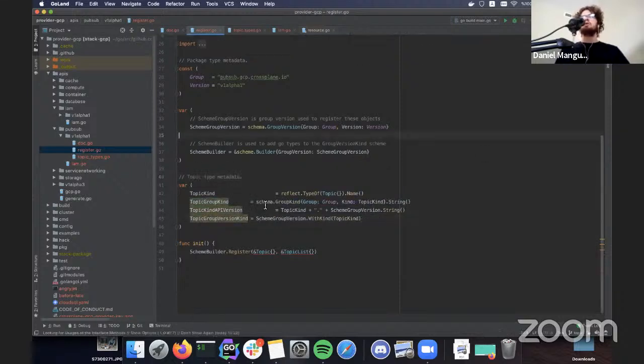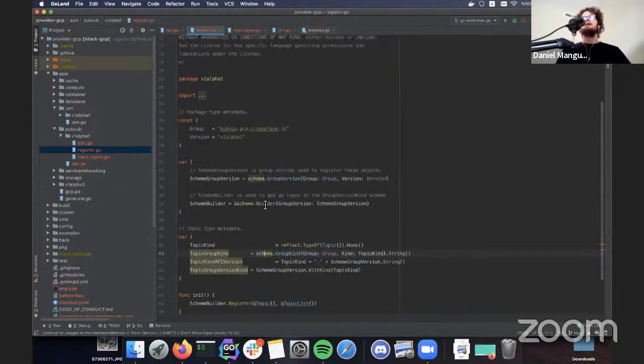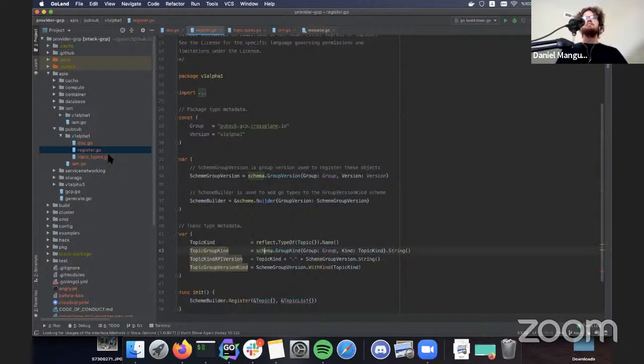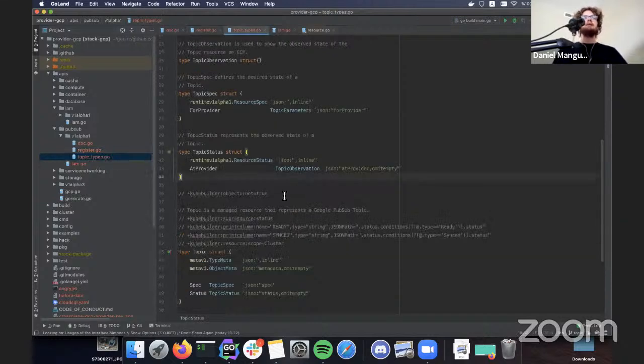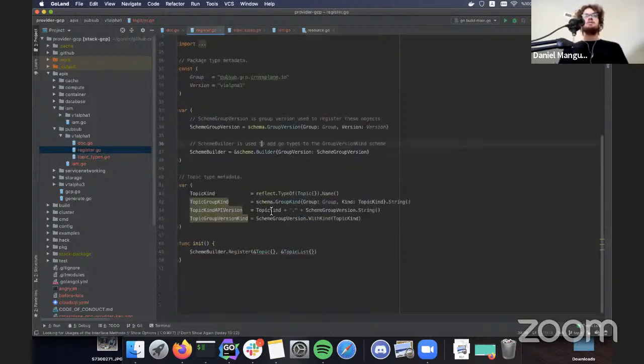So for instance, there's one there on the topic type that says, I think, resource scope cluster. So that's saying, generate a cluster scope CRD. So when you create instances of that, it's going to be at the cluster scope. All of our managed resources, where a managed resource would be just a CRD that represents a type of external infrastructure, are going to be at cluster scope. So that's something to keep in mind if you see that here. Yeah, exactly.